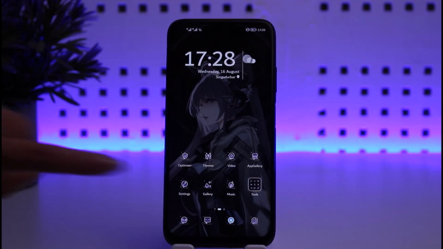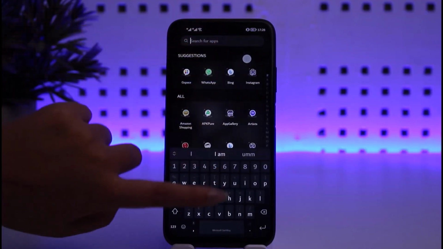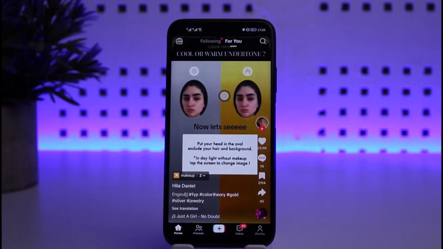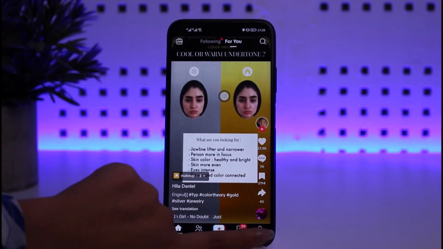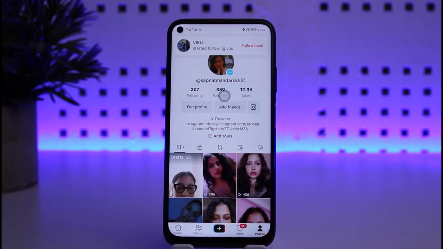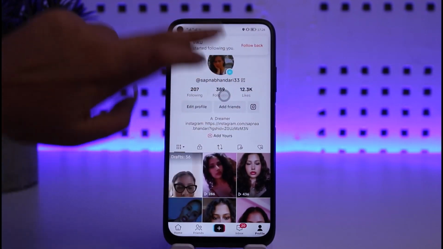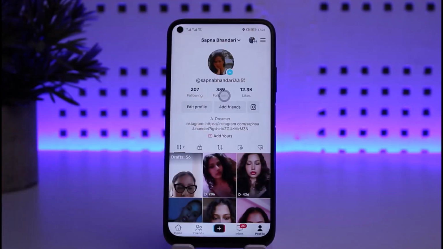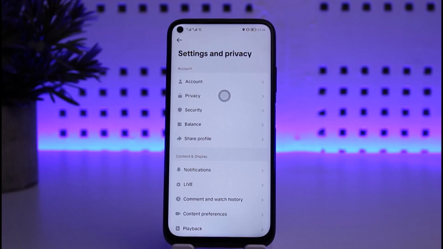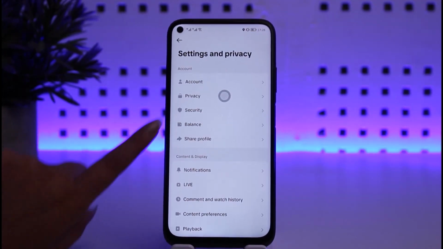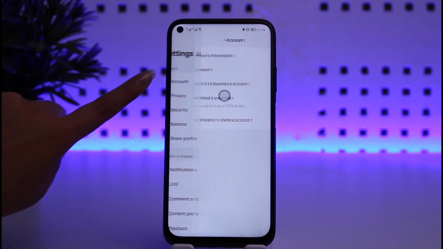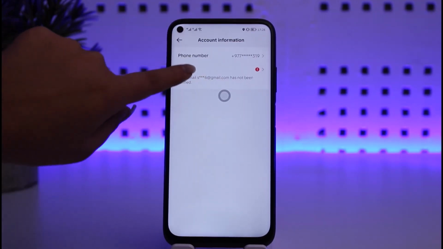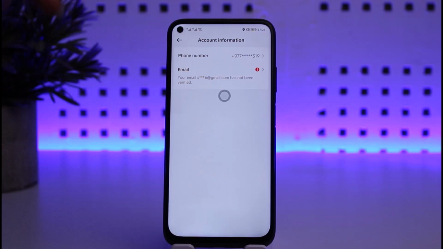For that matter, we're going to open up our TikTok app first. Once we have opened it, we're going to tap on the profile icon given below right corner, and then tap on the three horizontal lines at the top right corner, tap on Settings and privacy, and then tap on the option called Account over here and tap on Account information. Then we'll be able to find our information, including our phone number